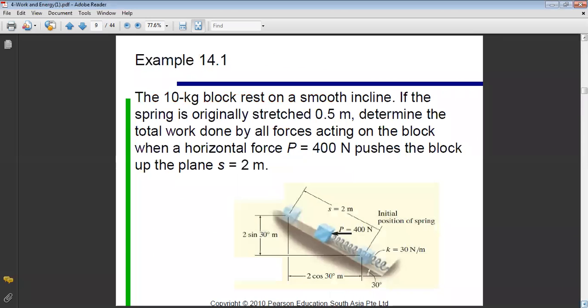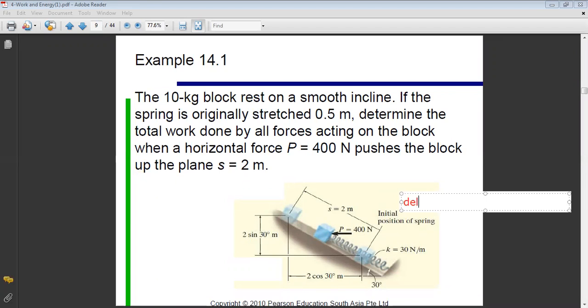Let us now do a numerical example together. We have a 10 kilogram block resting on a smooth incline. If the spring is originally stretched 0.5 meter, determine the total work done by all forces acting on the block when a horizontal force P of 400 Newton pushes the block up the plane 2 meters. So here I have an initial state and I go to a final one. For the initial state, this is my initial position, and I have several conditions for it. They told me that originally my spring is stretched at 0.5,